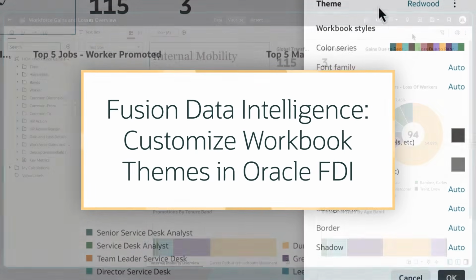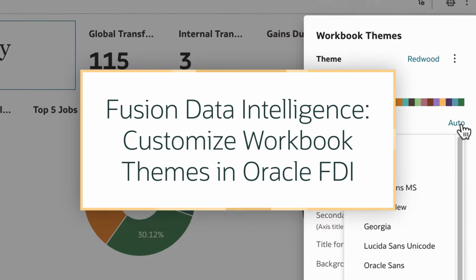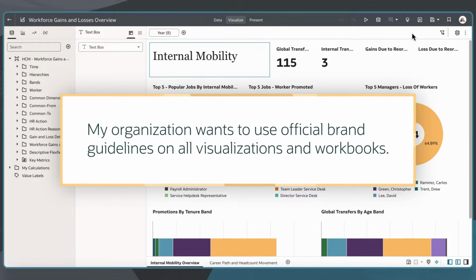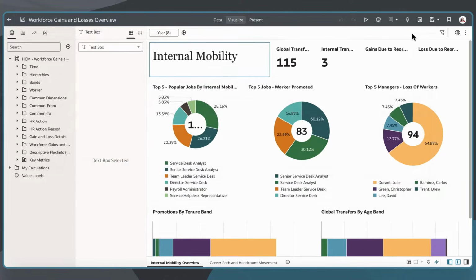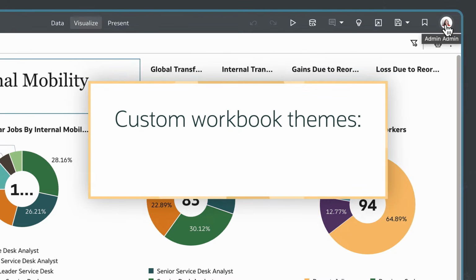In this tutorial, we'll learn how to customize workbook themes in Oracle Fusion Data Intelligence, or FDI. In this scenario, my organization wants to use official brand guidelines for colors, fonts, borders, and backgrounds on all visualizations and workbooks that are created in FDI. As an administrator, I can create a custom workbook theme that authors can use, saving them time and maintaining brand